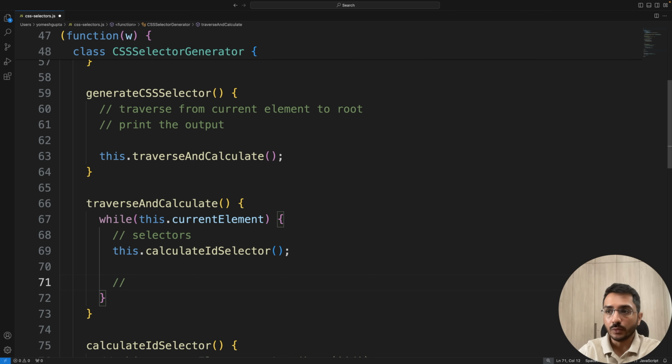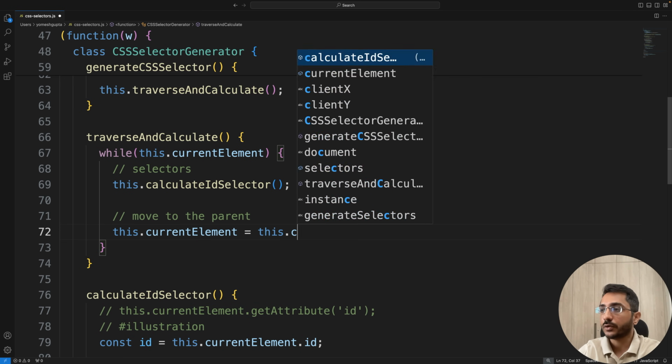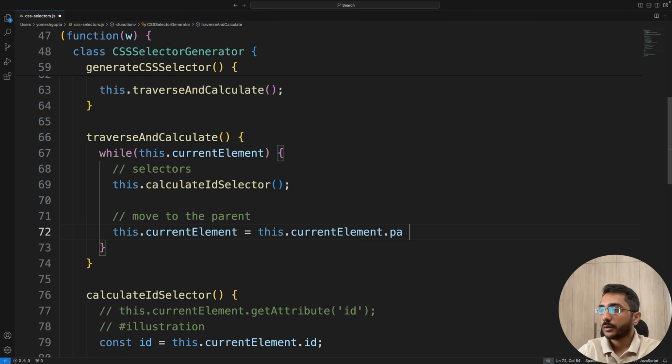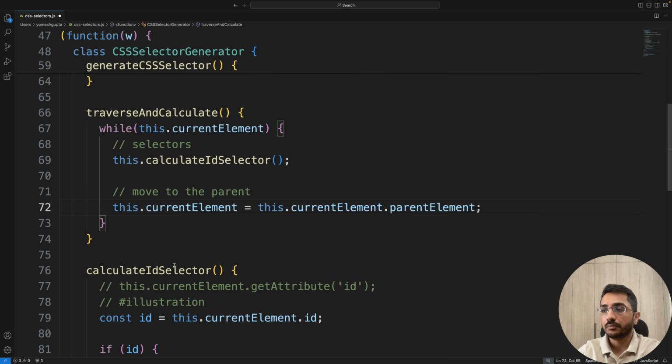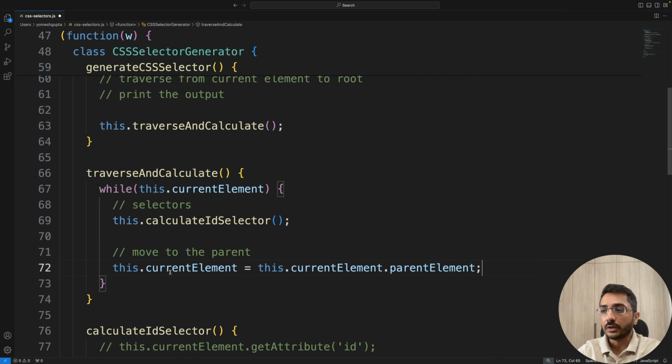Else what we are going to do is move to the parent. So how can we do that in this case? We can say this.currentElement = this.currentElement.parentElement. So let's say we don't find anything, or maybe whatever we found is not unique, then we'll move on to